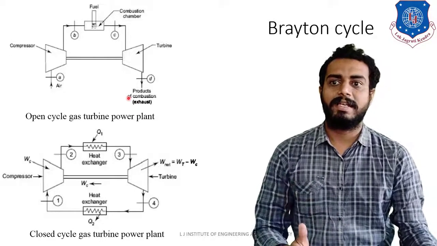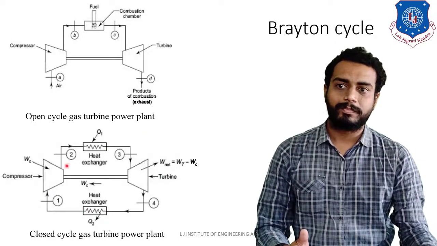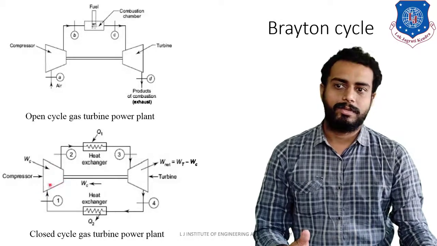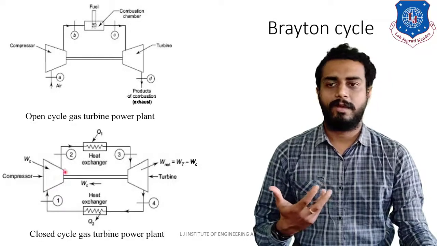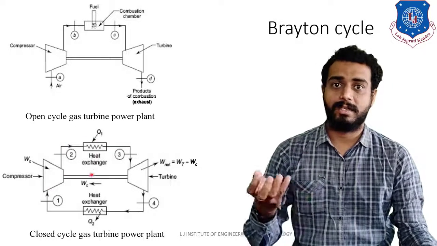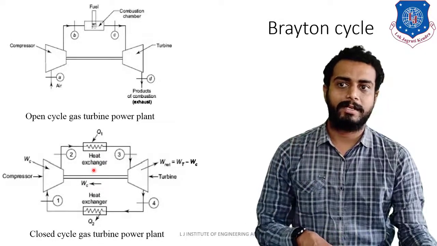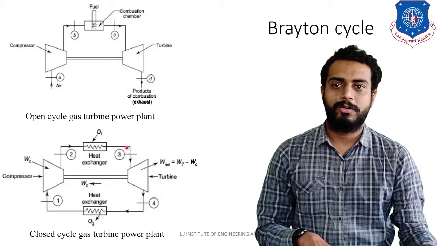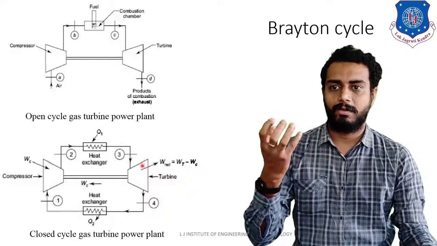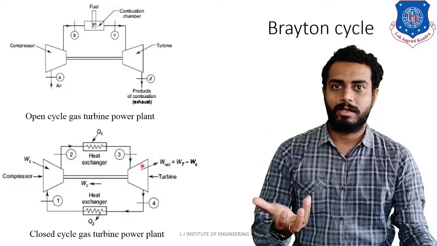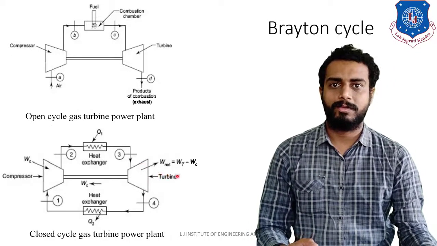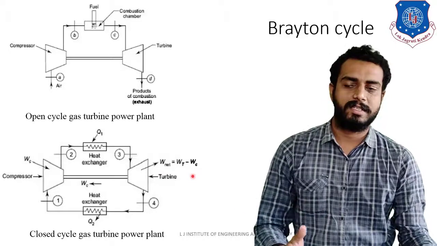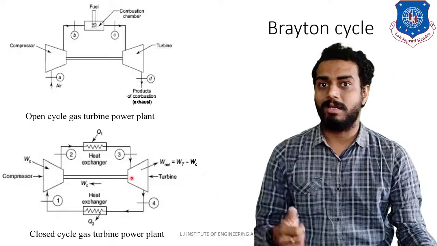Now the next is the closed cycle gas turbine power plant. Here you can see that the compressor is there, so the inlet of the compressor will have air. The air is compressed, then it will be supplied to the heat exchanger wherein some fuel or heat will be added through the combustion. Then 3 to 4 is expansion, that is where power is produced. In the turbine the product of combustion will impart some energy to the turbine blades, which will obviously be connected to the generator and it will produce electricity, and also partial power of the turbine is supplied back to the compressor.